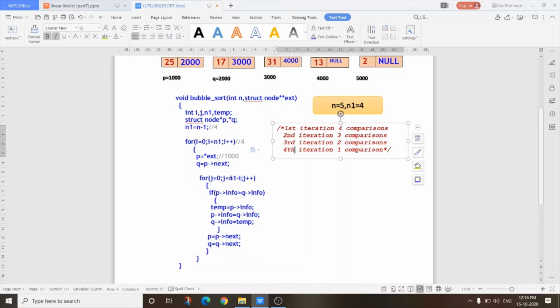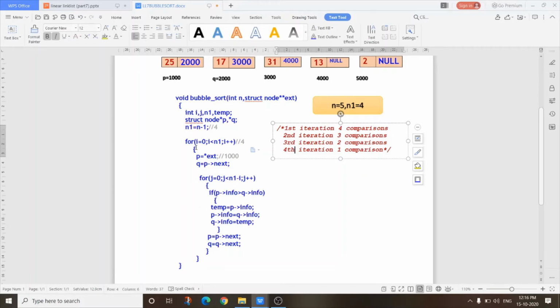Less than 4 means 0, 1, 2, 3, so 4 times. When i equals 1, this loop will execute 4 minus 1, that is 3, less than 3 means 0, 1, 2, so 3 times.